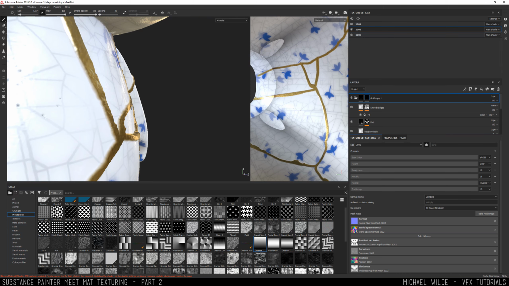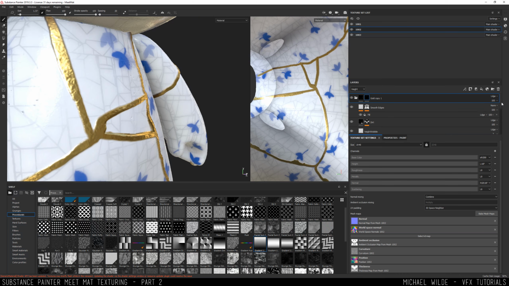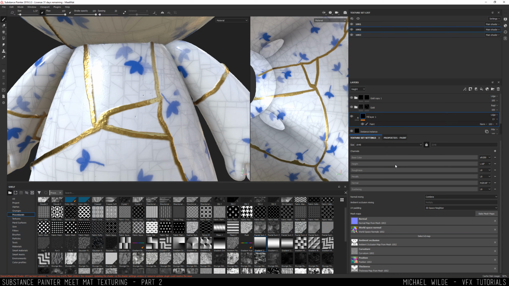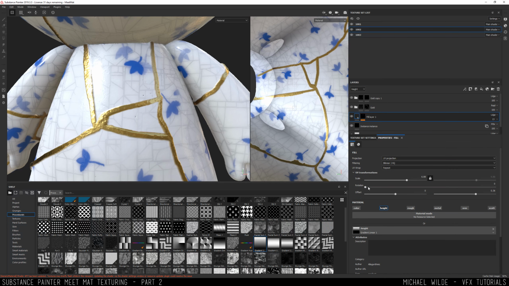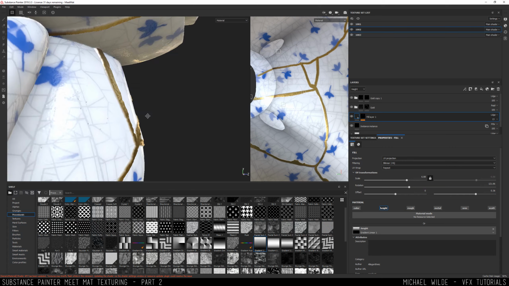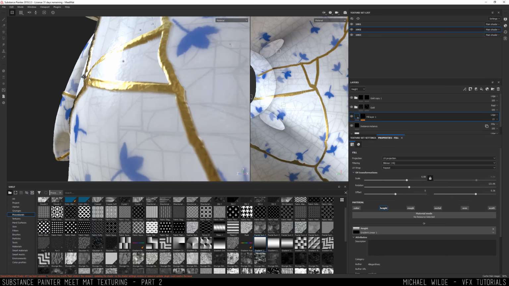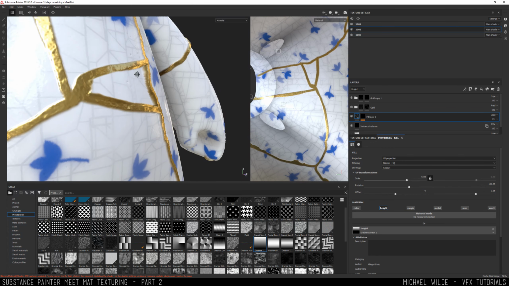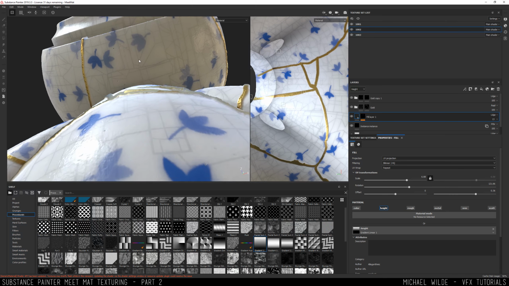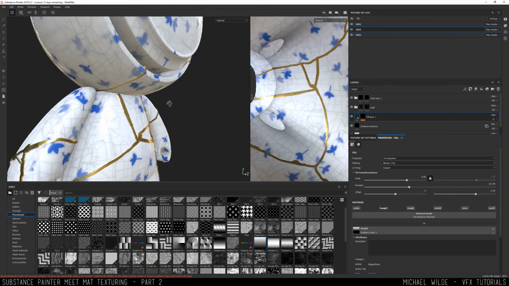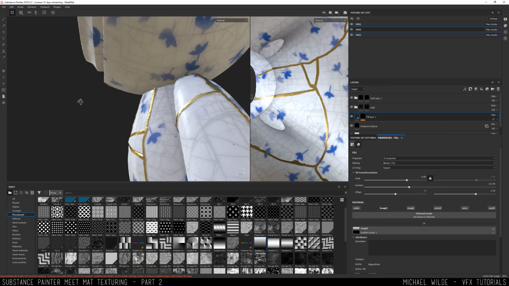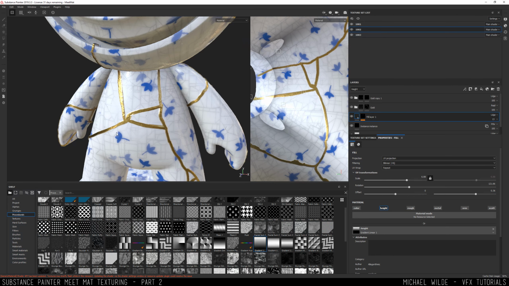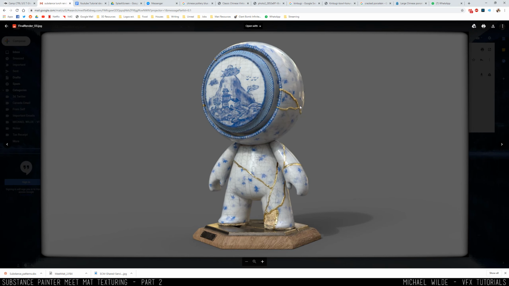But basically, we've kind of got this angle, and you can just play with the ramp a bit. I can just rotate the original ramp by going to the ramp settings. Something like that. So in some places it's popping out a bit here, and then in some places it's popping in to look like it's kind of been reattached but incorrectly. Again, really quite subtle, but just adding that in a few places,